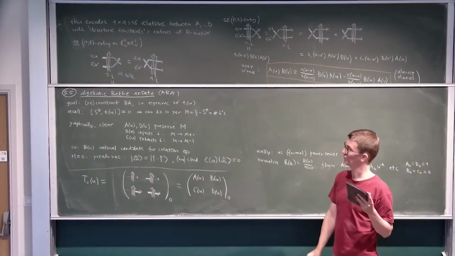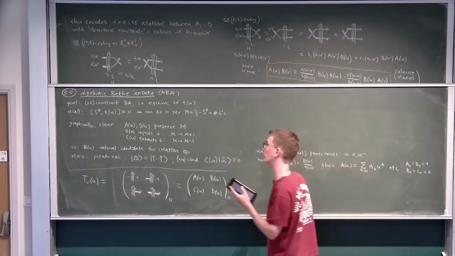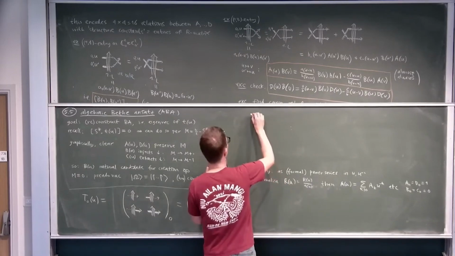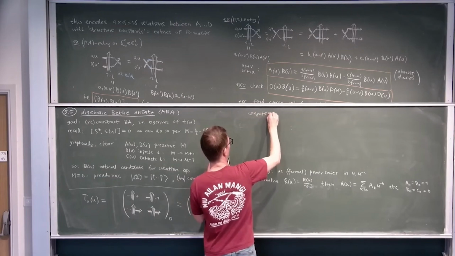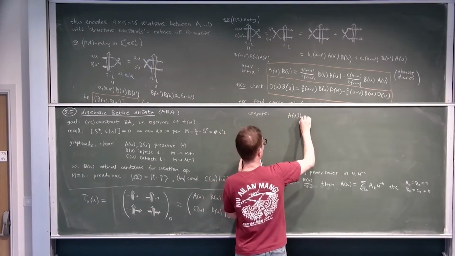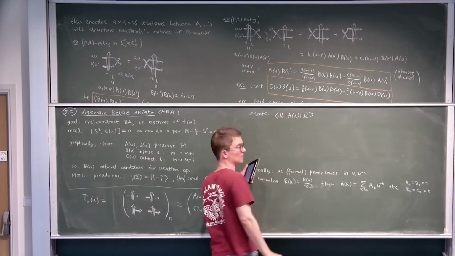Since A and B preserve the number of downspins, it's certainly going to be an eigenvector for them. So the only thing we need to do is compute the eigenvalue of the transfer matrix on this thing. So let's do it. We compute the A operator acting on omega, which will send it to a multiple of omega. So let's compute this matrix element,